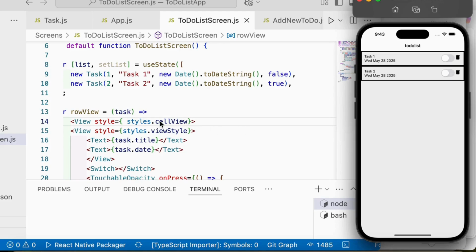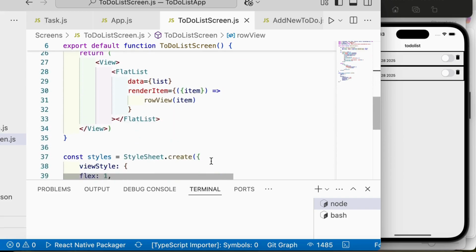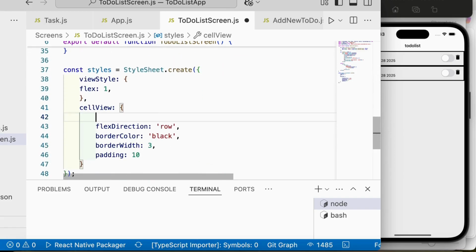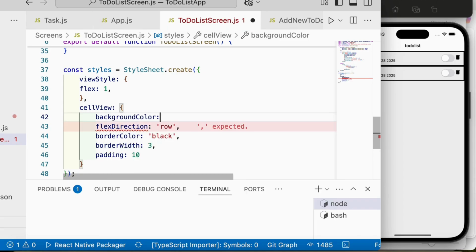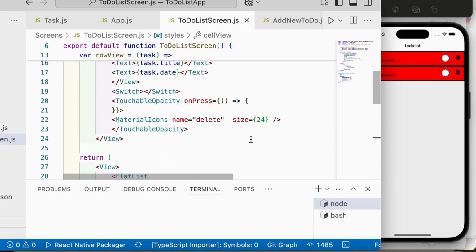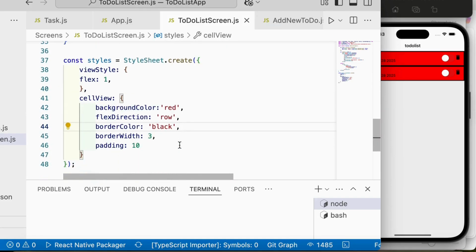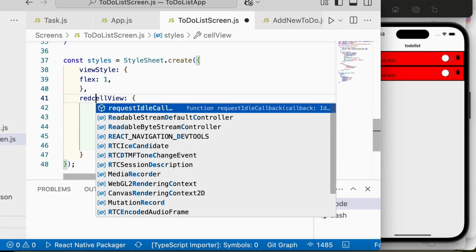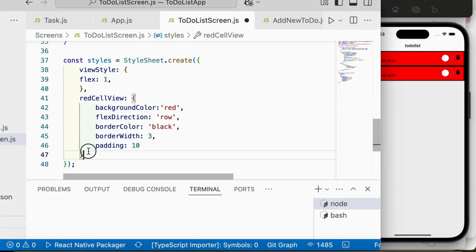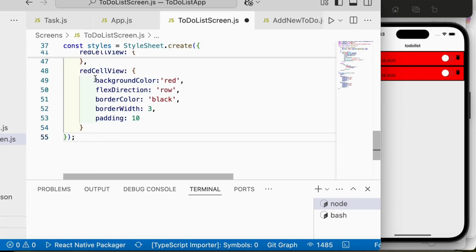So let's update this cell view here to reflect the background color. Currently, if this cell view with background color is red, it will be red for all tasks regardless of the urgency. So I will duplicate this, create this as a red cell view, and I will copy it to have a green cell view here,